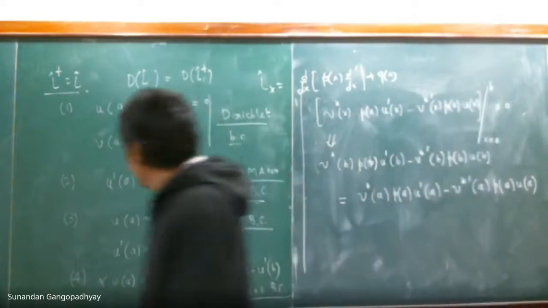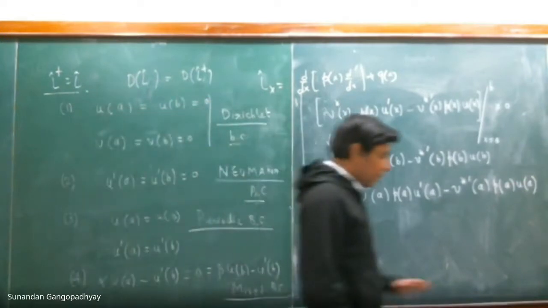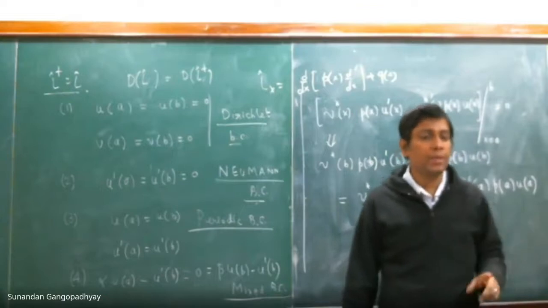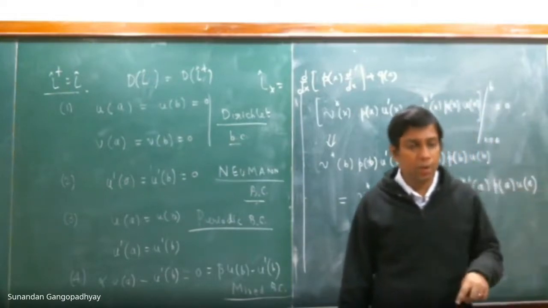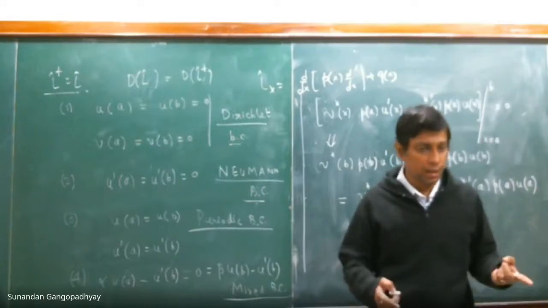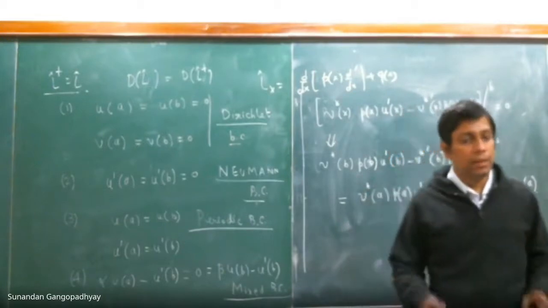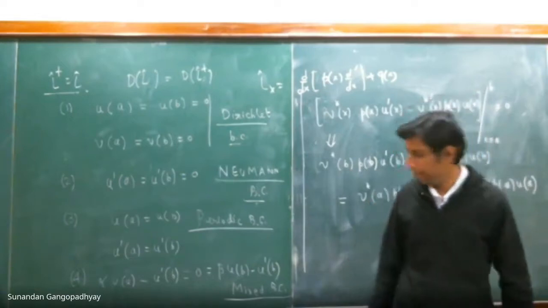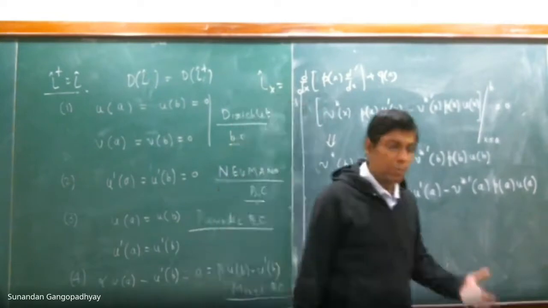So the summary is that self-adjoint operators are those operators which are symmetric operators, as well as their domains are the same. The domain of the operator as well as their adjoint operator must be the same. The adjoint is the same as the operator itself. Their domains must be the same. And then this operator is said to be a self-adjoint operator or Hermitian operator. And you know that Hermitian operators or self-adjoint operators have real eigenvalues.